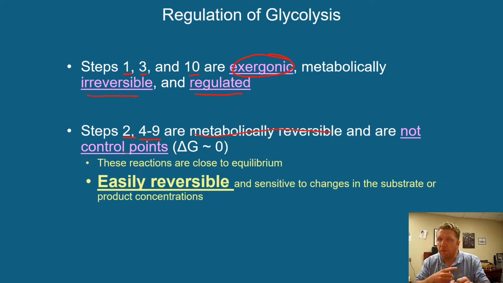Okay, so they can be reversed. So if we're going in one direction, those could go in the other direction as well. These are not control points. These reactions are very close to equilibrium. They are therefore very easily reversible. So steps 1, 3, and 10, those are the ones that when you go in that direction, it's a favorable direction. Going in the opposite direction is highly unfavorable. 2 and 4 through 9 are very reversible, and they are not something that is going to be controlled because